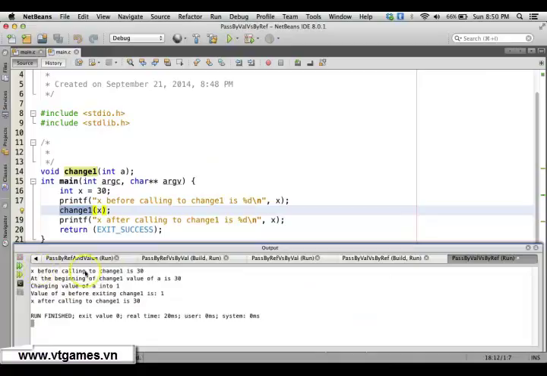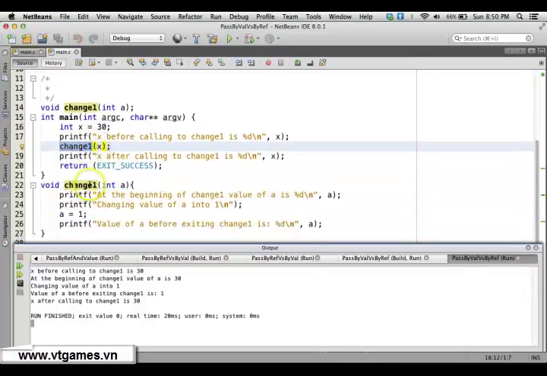you'll see x before calling chain 1 is 30. Of course, it's 30 over there. And then when you call chain 1, it's going to execute chain 1 with int a, and a is going to be a copy of x. So at the beginning of chain 1 the value is going to be 30 as well. Then you're going to print out changing the value of a into 1. So a equal to 1 here, and you're going to display the value of a before exiting chain 1, which is 1